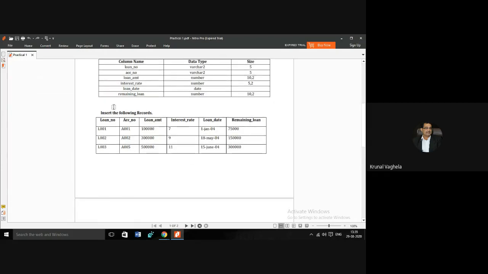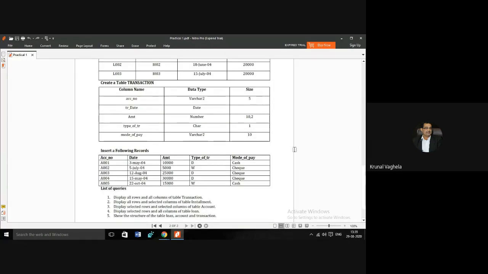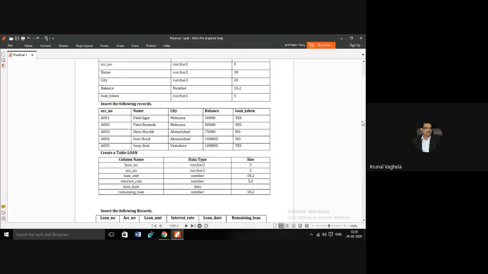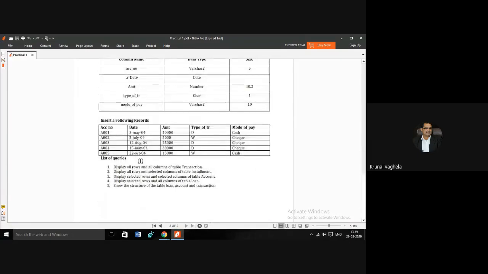Data of the loan table. Then the third table was installment, and the fourth table was transaction, right? And there are a few queries also at the last. These are the queries that you need to solve, right?